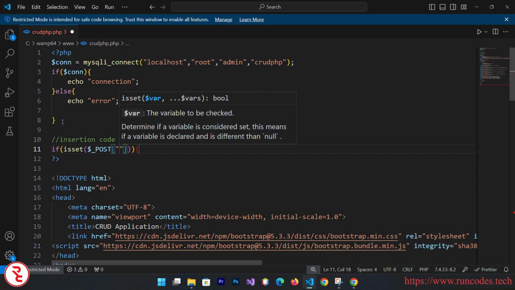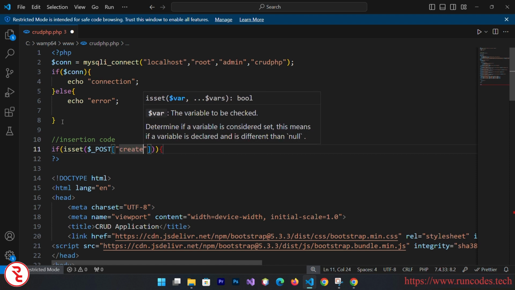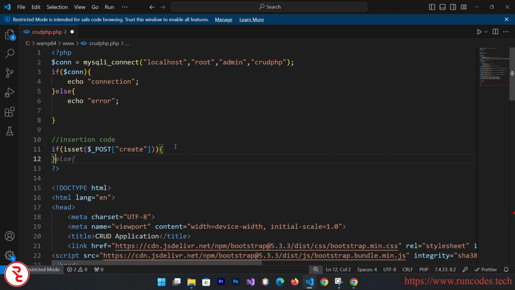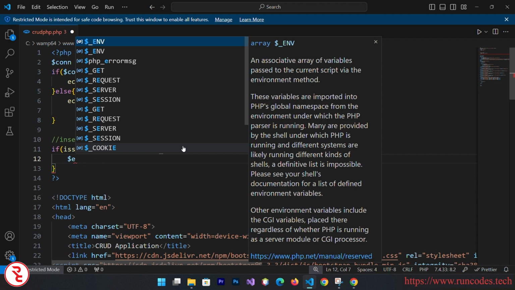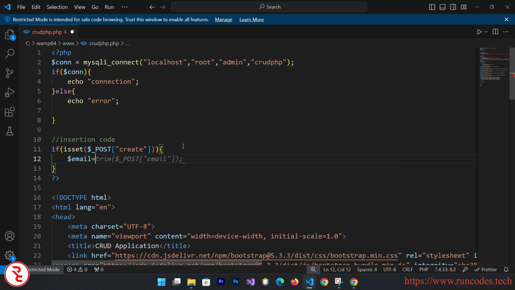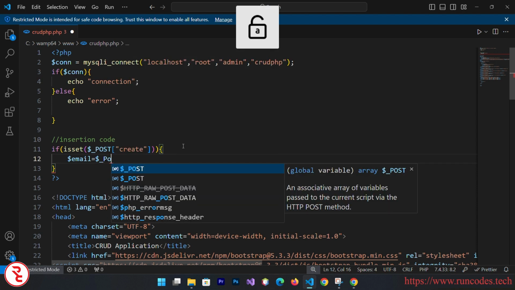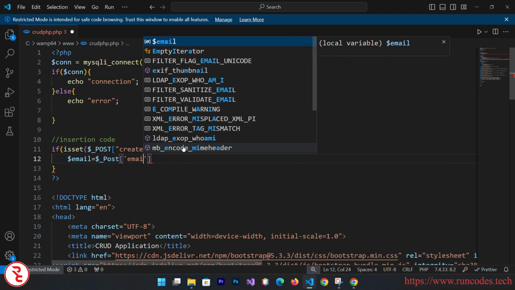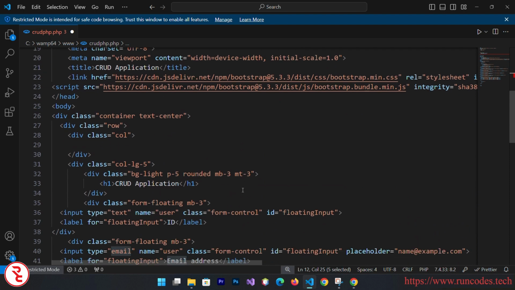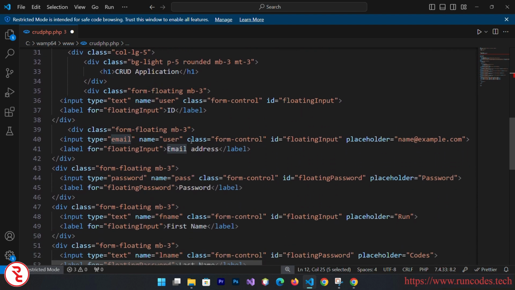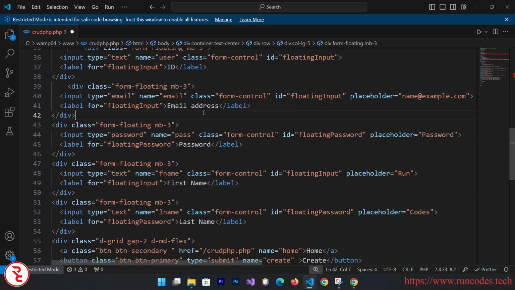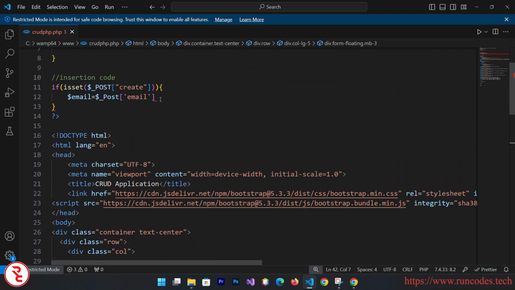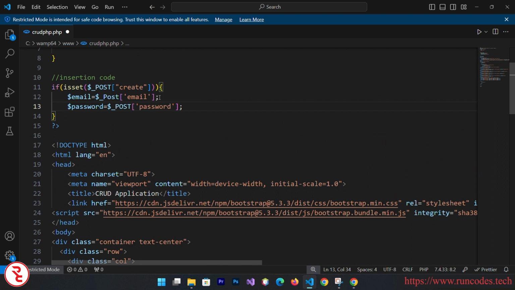Now if it is set, when the user clicks that create button, what we are going to do is, we don't need ID because ID is auto incremented. So here goes email is equal to $_POST, and here goes email. This index should be exactly the same as the name that you given here. Oh, here goes email, not user. Email, and then password is equal to pass,